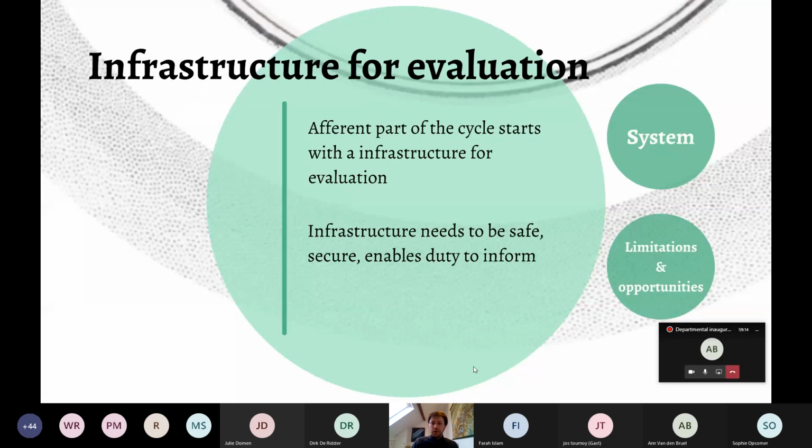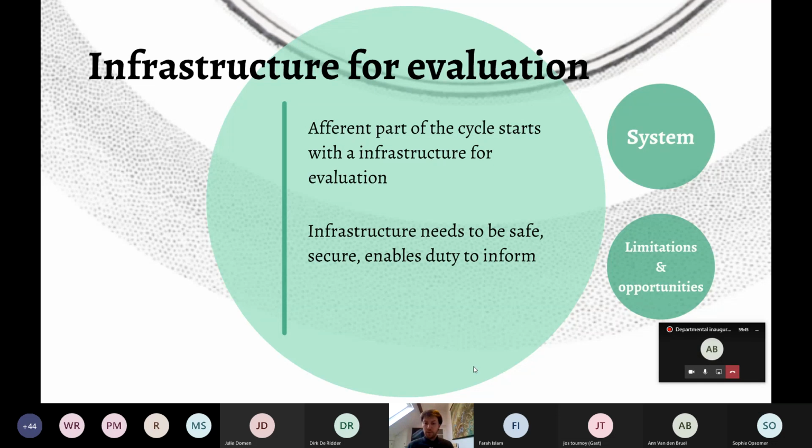Subsequently, we have this infrastructure for evaluation. I think this is very, very important in a learning health system. We need a platform, an infrastructure that allows us to start this efferent part of the cycle. And we need a way to collect data from the learning health system that enables analysis and evidence generation. And this infrastructure needs to be safe and secure, and these are things which GDPR